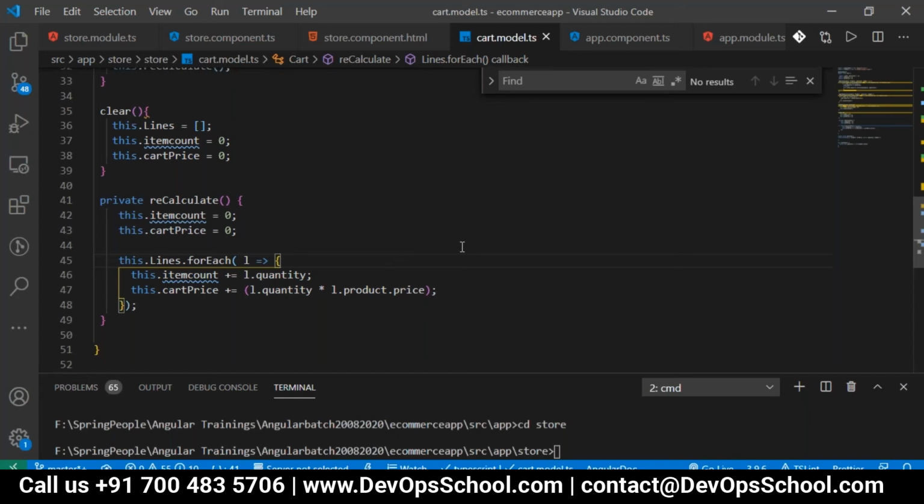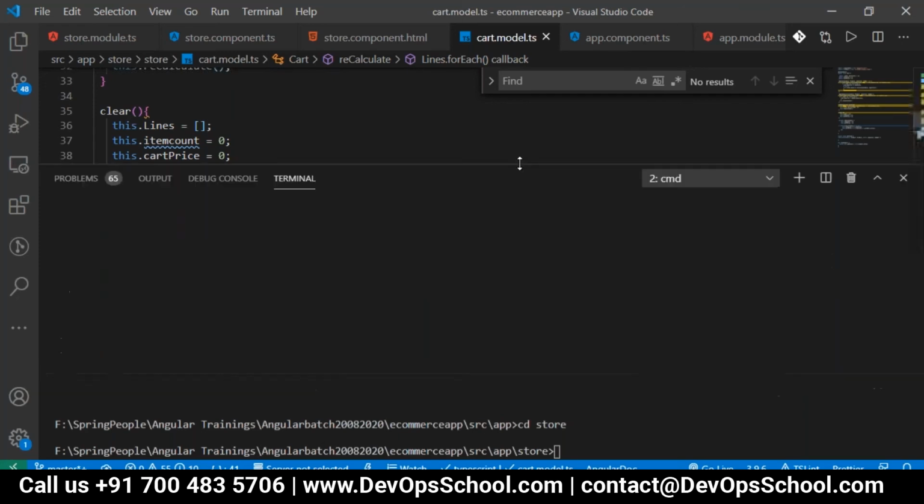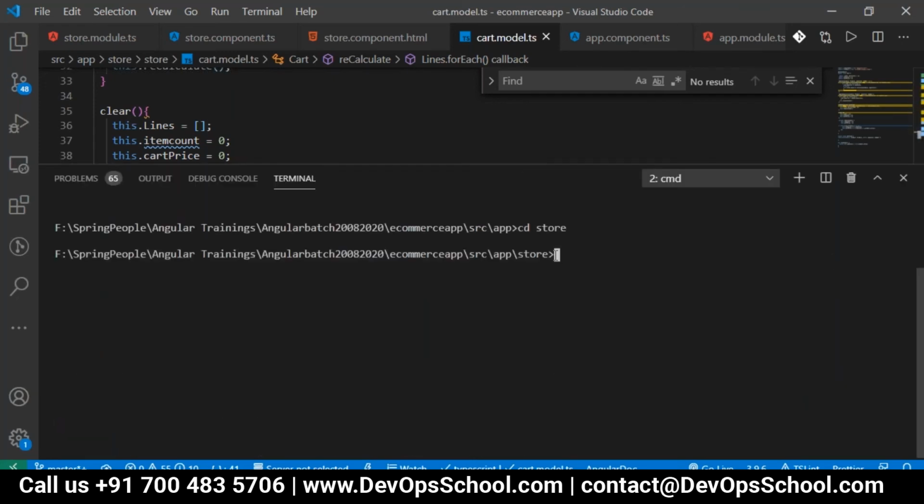Okay. Yeah. So now I want the cart summary component to be created. So I will create it inside of our app store itself. So ng g c cart summary.